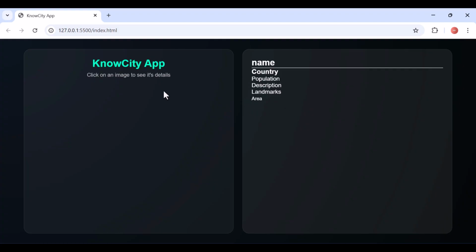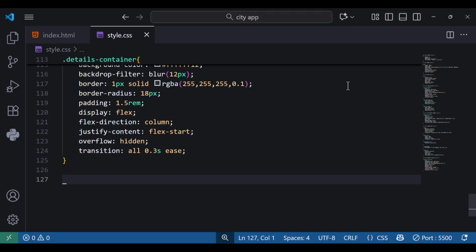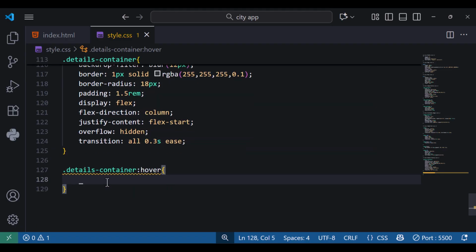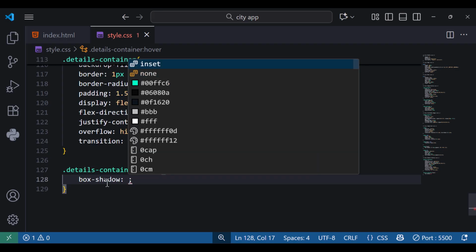So you can see right now they're both having flex 1, so they're sharing enough space. Let's continue. After that, we can continue to the hover state. So we can say .details-contain, and then colon, and then hover, and we can say box-shadow. So we want when someone hovers on it to have a box shadow